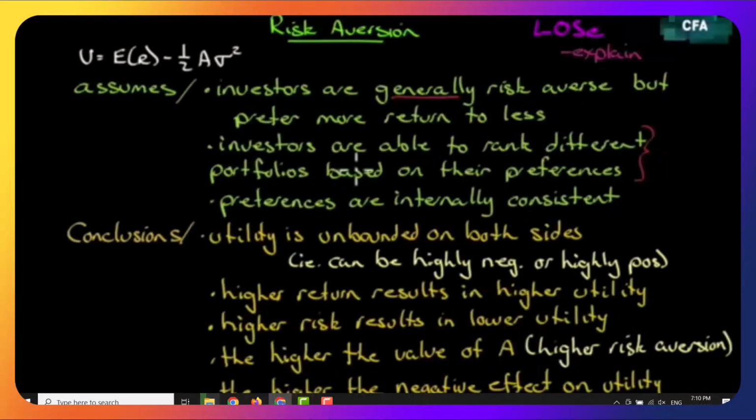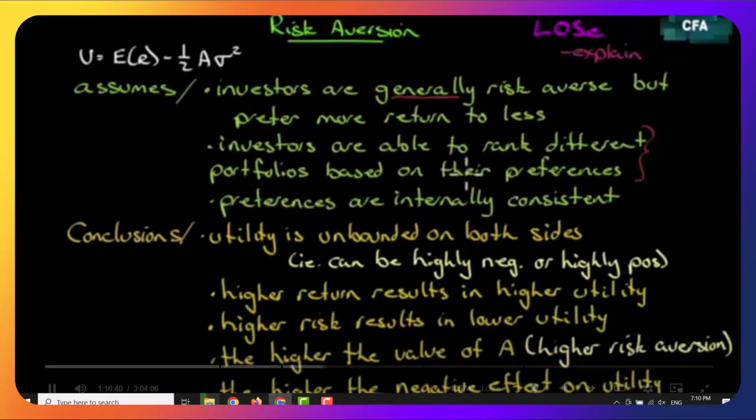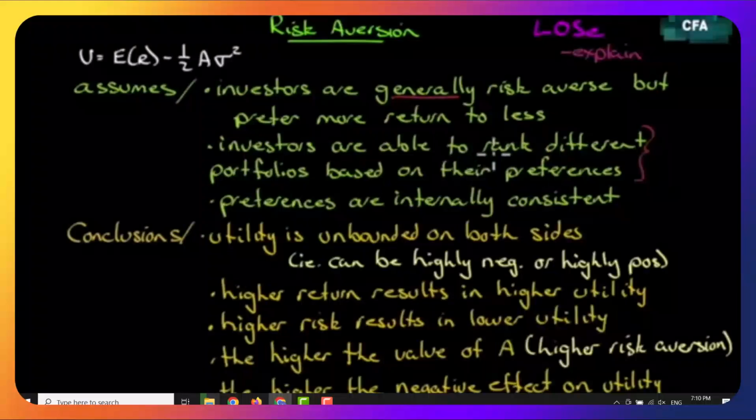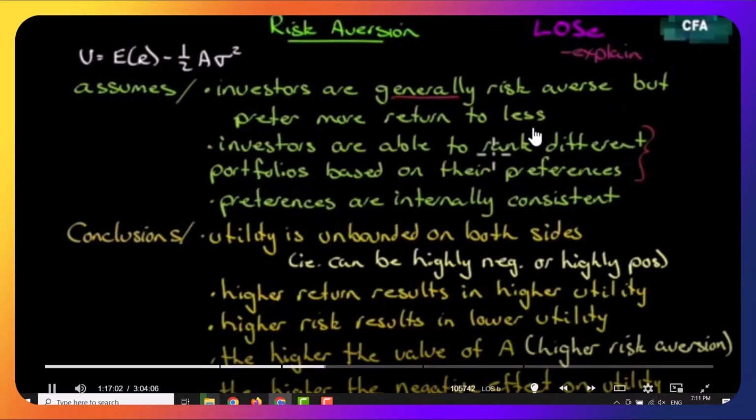This kind of assumption means that as long as there is a large amount of investors that represent a significant amount of money, then it holds in the marketplace. It doesn't have to hold for every little individual, just as long as more, on average, can do that than not. And I think most can. I think if you look at two different stocks and you pull up a chart and some history on the stock and start looking at the price movement on the chart, look at the fundamentals, combine the two together, most people could say, well, I prefer this over that. They know what they like. Preferences are internally consistent. And now again,